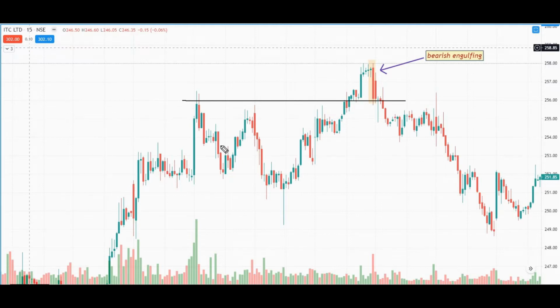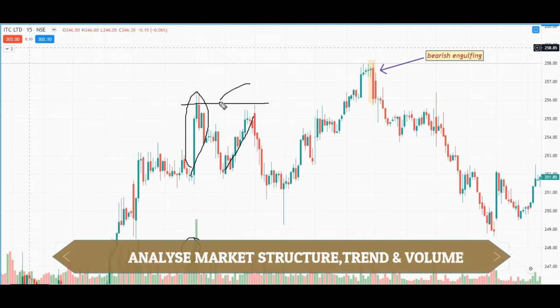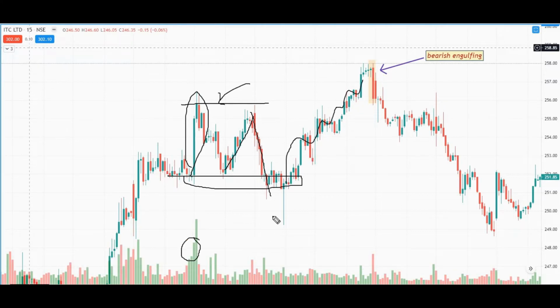support area. Prices were consolidating in this range, and see the strong buying momentum with very good volumes. Then again buyers tried to push the prices towards the upside, but sellers pushed the prices towards the downside. But buyers again got aggressive at these areas, and they again pushed the prices towards the upside, as we are in a very strong uptrend. But after breaking the resistance level,